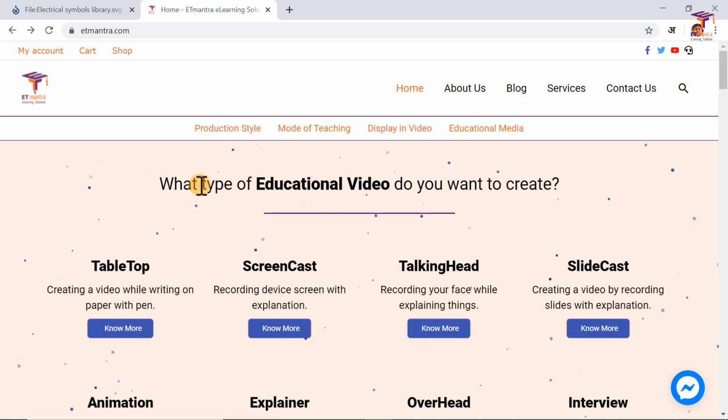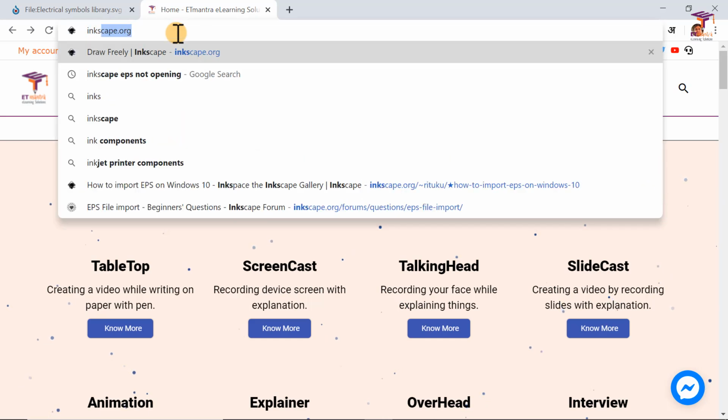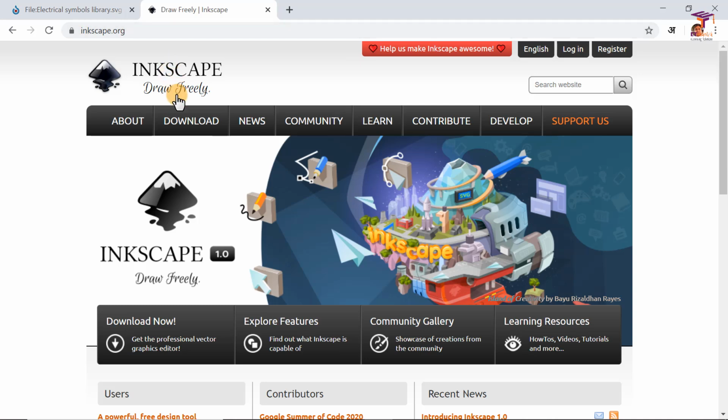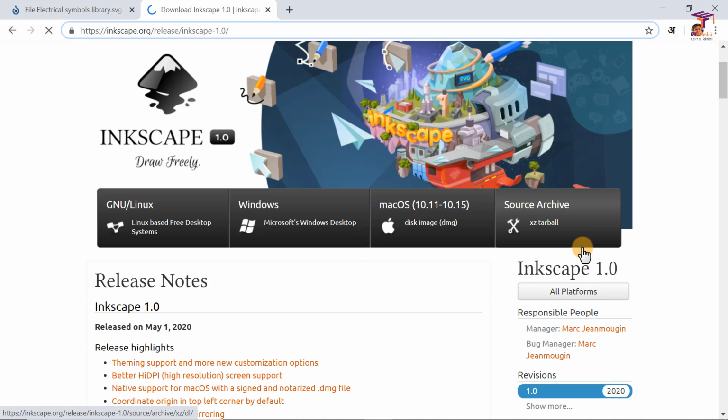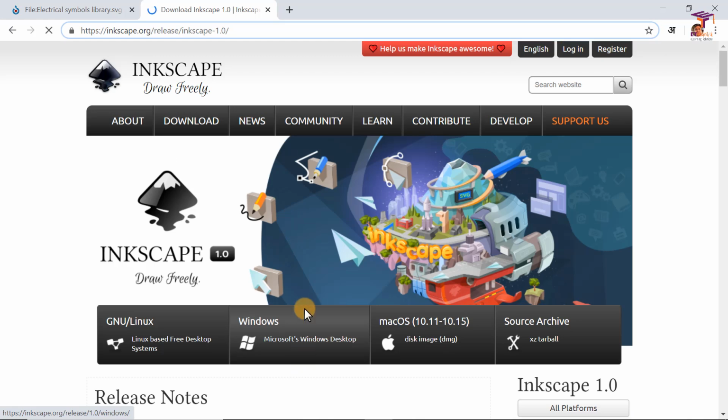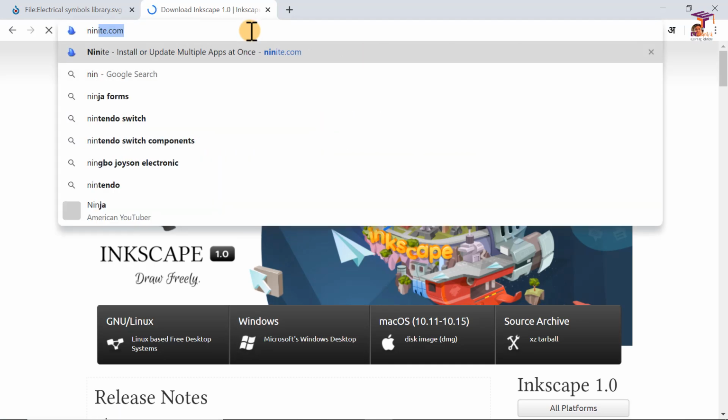In order to draw circuit diagrams on your PC, you need Inkscape software. So for that, you need to go to inkscape.org. When you are on inkscape.org, you can download it by going here and then you can select your version. As you can see, Inkscape is available for Linux, Windows as well as Mac OS. So you can click on the appropriate version and then you can download it,